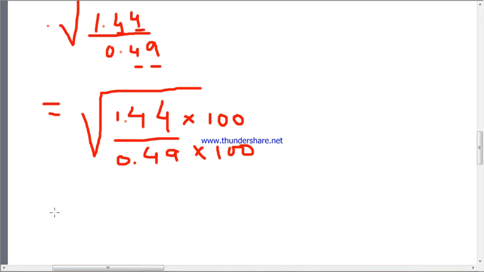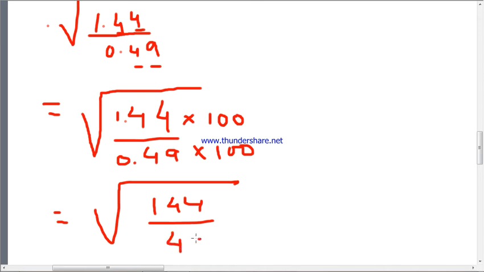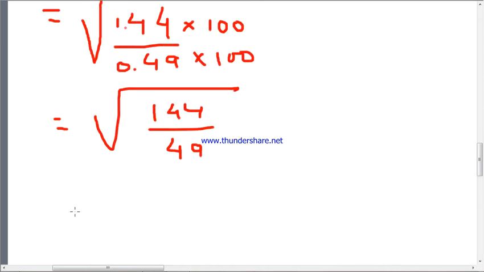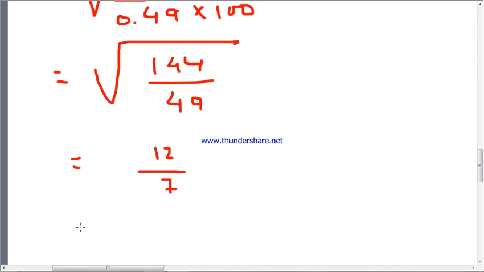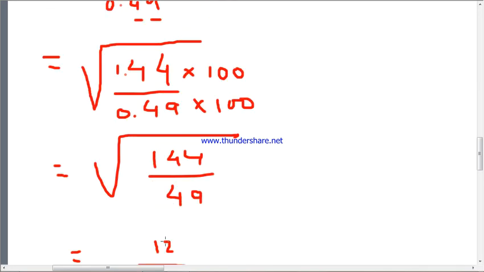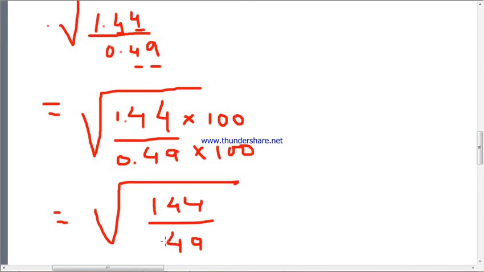And then let's see how much you'll get. Root over 144 divided by 49, which is nothing but the square root of 144 is 12 and the square root of 49 is 7. 12 by 7 is your answer, or you can get it in decimal also if you want after this. Okay, 1 point something unit. Similarly, you have